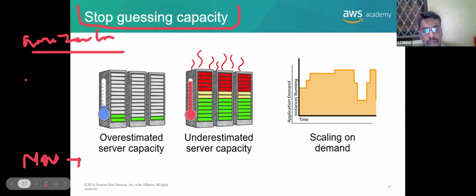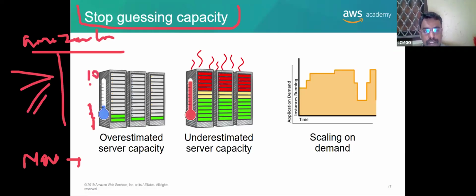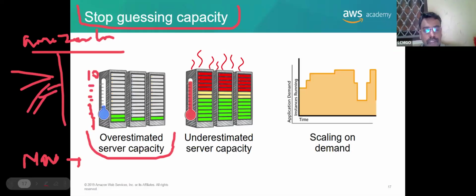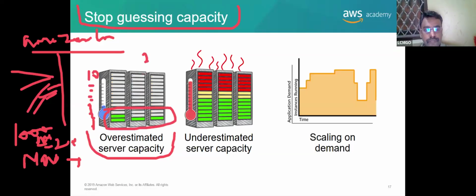Now, they thought more customers will come to their website. So they bought one, two, three, up to 10 servers, and they kept them ready in the November month. Now, what happened? Let us take that they expect 1 million customers, that is 10 lakh customers, but only 20,000 came. Now what is the usage? Only 20% we have used.